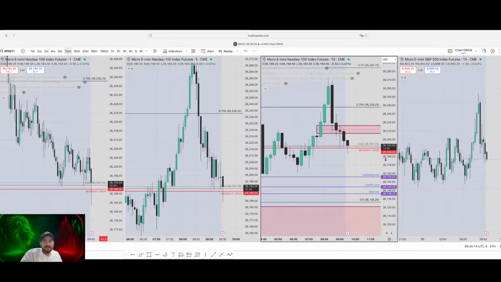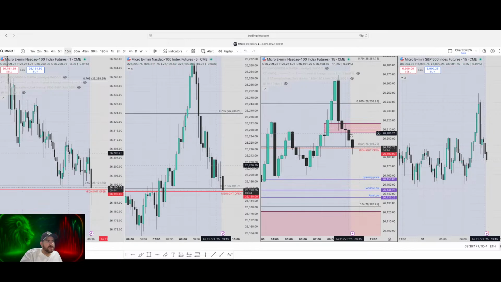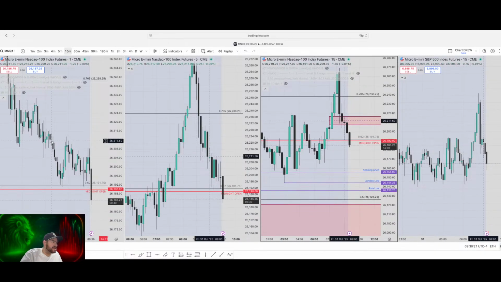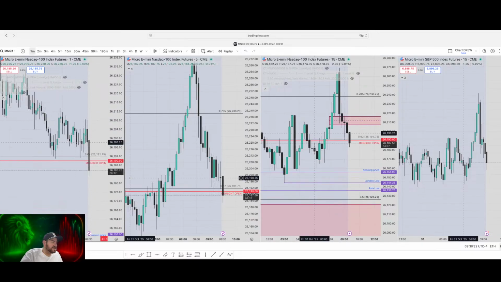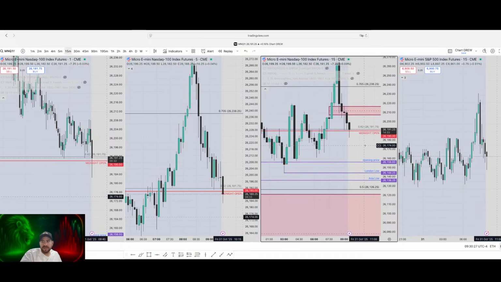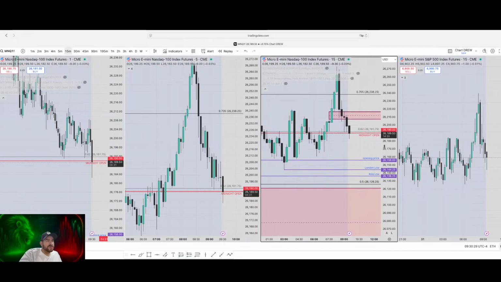Be patient, see what it wants to do here. We close below the 15. We want to see how this comes out, but we want it to fit our model though. I mean, we don't want to just take stuff. I don't want to just take stuff. So what I'm gonna do here,